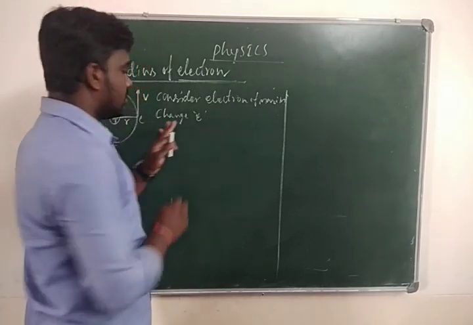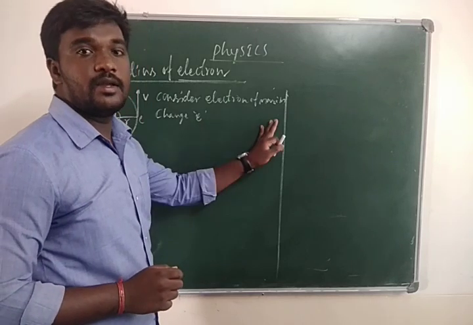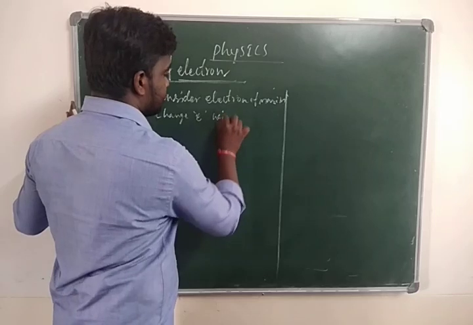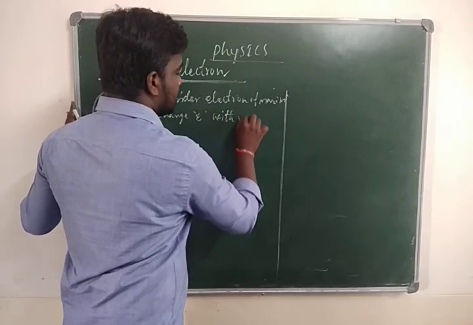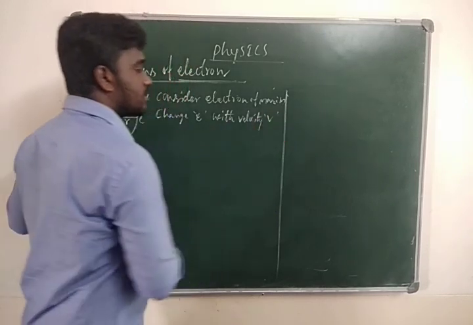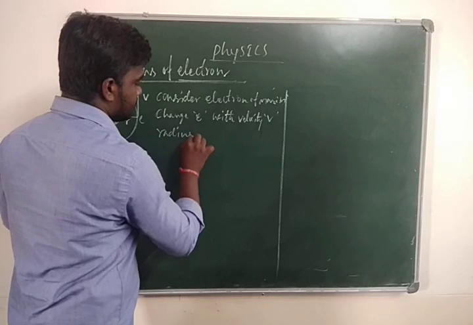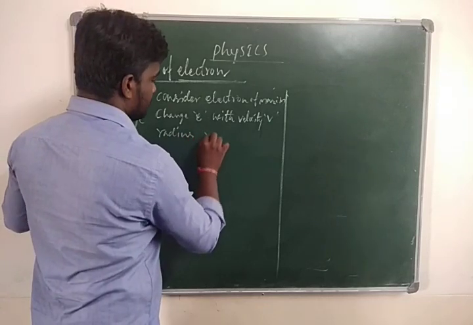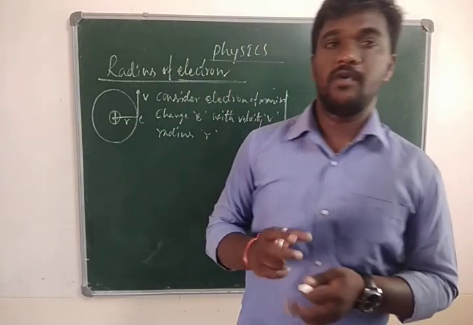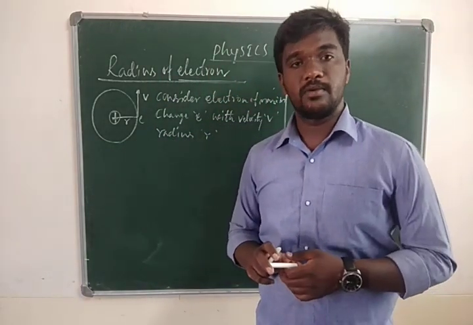This electron is revolving around the nucleus with velocity v and radius r. Already I told you the electron revolving around the nucleus provides a centripetal force and the Coulomb